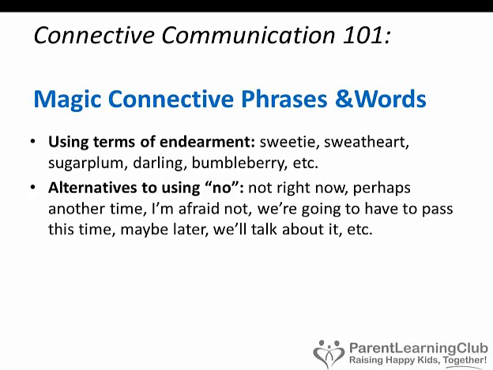So if your child says, can I have an ice cream, I want this ice cream, or I want this toy, rather than saying no, no, no, no, or if they're reaching for something which is not good, if a toddler is trying to get something and it's getting them into trouble, they shouldn't be going where they're going, we can just gently guide them away, say, not right now, sweetie, maybe there's something else over here that might be more interesting for you. Any type of words that we can use to guide them away in a different, more gentle direction, rather than just saying no.